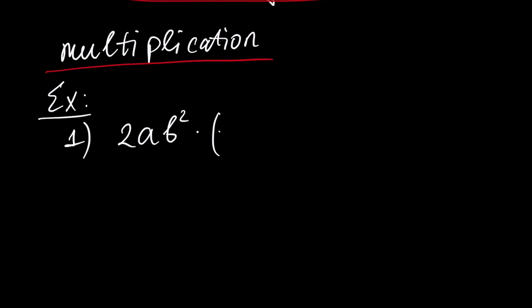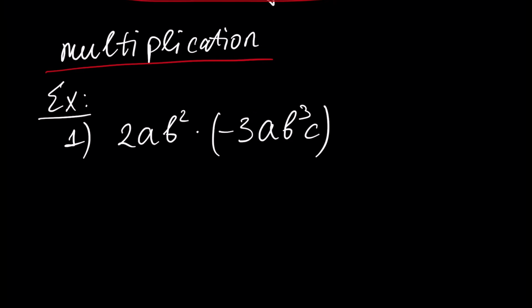Multiplication of monomials. When multiplying monomials, exponents of appropriate letters are combined and numerical coefficients are multiplied. Let's give examples. Example number 1. Let's multiply two monomials: 2ab squared times minus 3ab